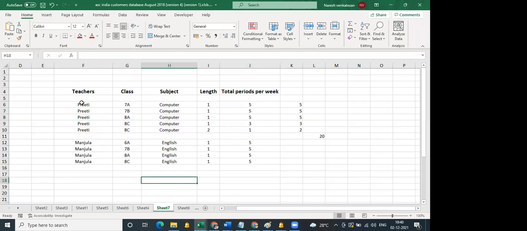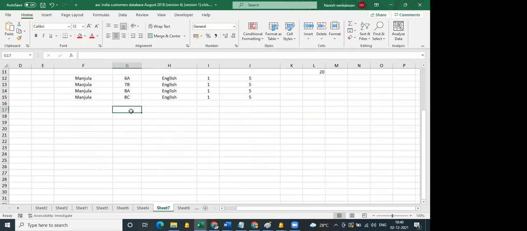So this is the teacher import. You can also do a class-wise import. So you have class 9B. I enter all the subjects with respect to the class.